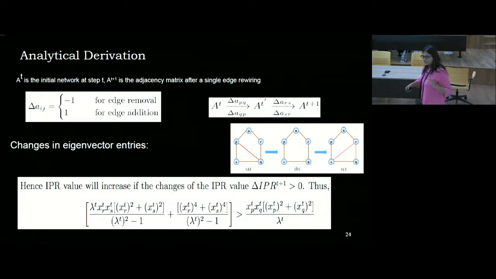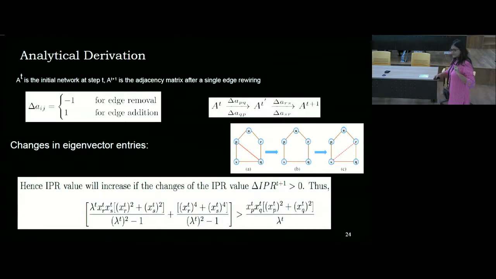So how this change in the eigenvector entries is associated with delta Aij, the change in the matrix element. If we are removing a link, delta Aij is -1. If we are adding a link, delta Aij is 1. So link removal and link addition are what we are taking. And then this is the formula which we have established,